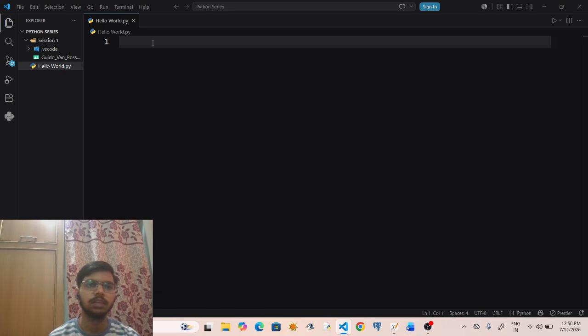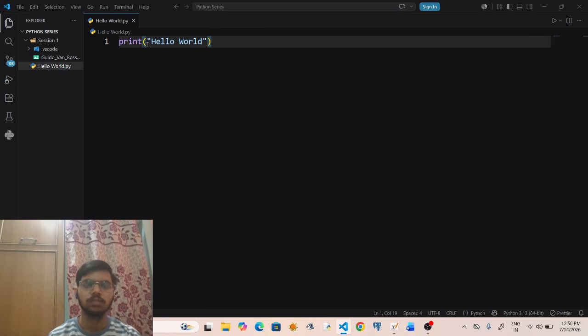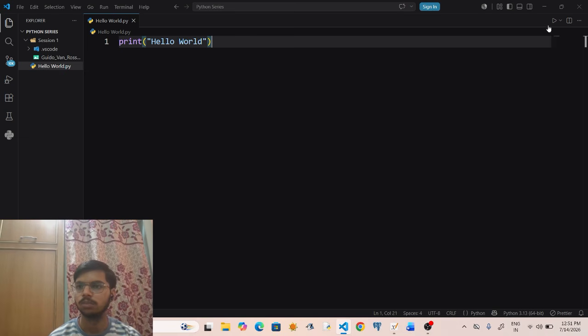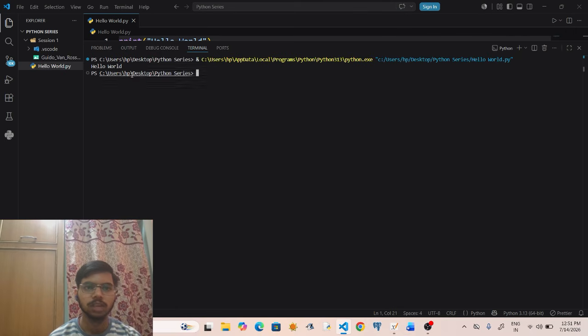I have made this file and now I am going to write print, then these curly braces, and within them I am going to write hello world. Now I am going to run the program. See, this is the button to run any Python file. As you can see, hello world got printed.